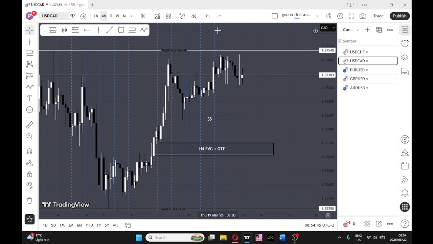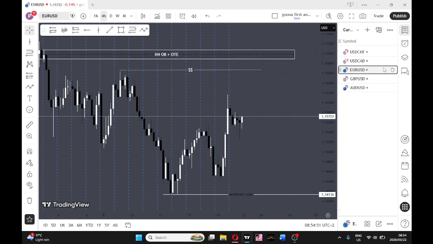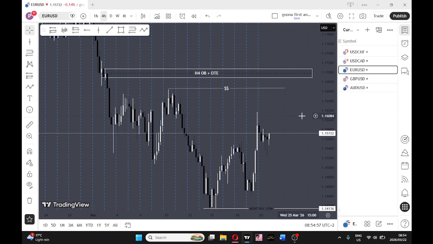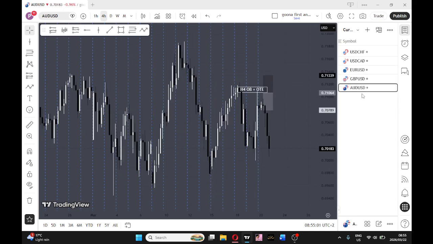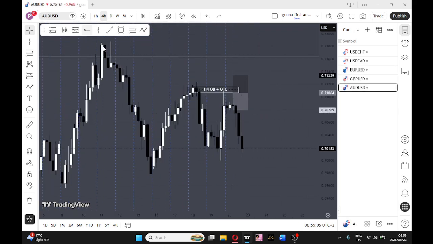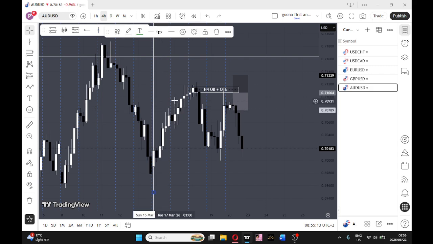So those were the only 3 things I analyzed. Then on Euro USD, I saw this yesterday, so this is the setup I see for Euro USD. But the real one that I actually saw previous week, let me go to, on Monday